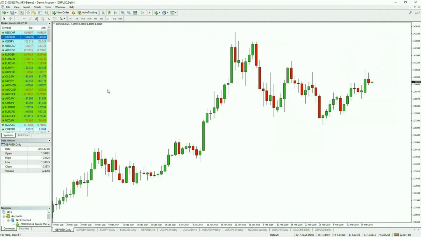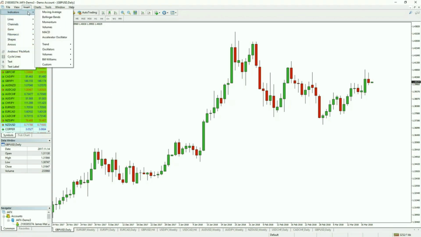So here we have cable, otherwise known as the pound US dollar daily chart, in front of us, and how we can actually look for trading opportunities is to use both some of these leading and lagging indicators. So first and foremost, let us introduce onto our trading platform a trend indicator, otherwise known as the moving